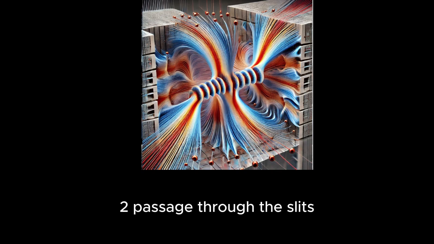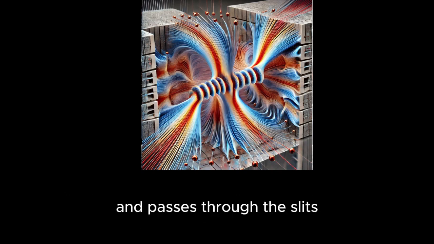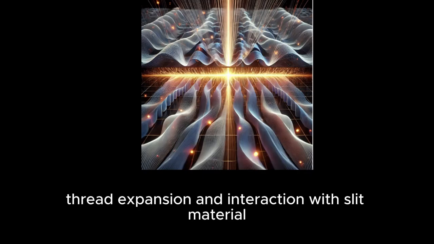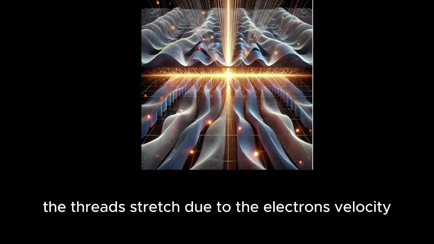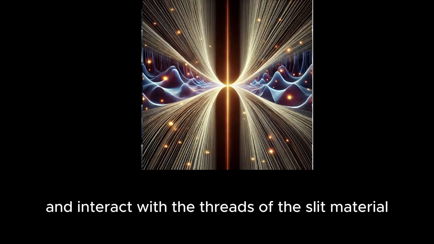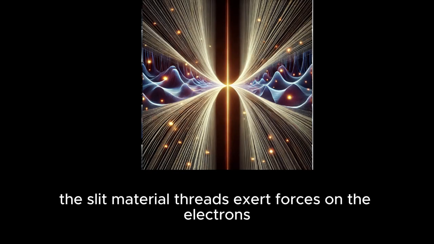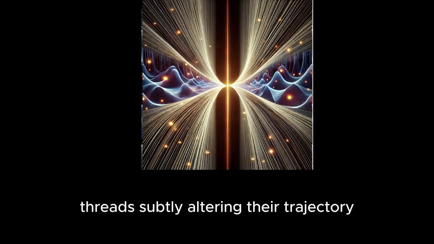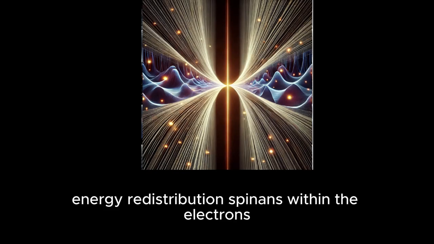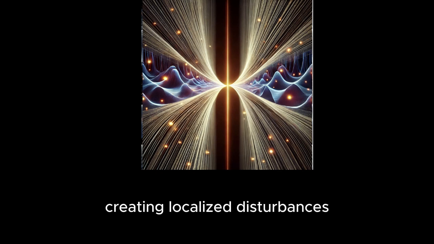2. Passage through the slits, interactions and effects when the electron approaches and passes through the slits. Thread expansion and interaction with slit material: the threads stretch due to the electron's velocity and interact with the threads of the slit material. This interaction causes deflection. The slit material threads exert forces on the electron's threads, subtly altering their trajectory. Energy redistribution: spinons within the electron's threads interact with spinons in the slit material, creating localized disturbances and realignments of